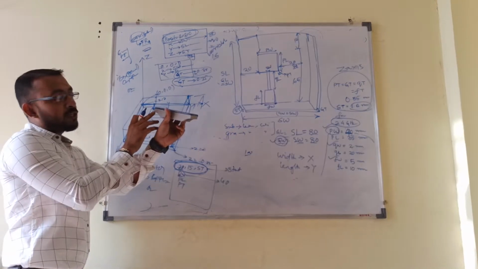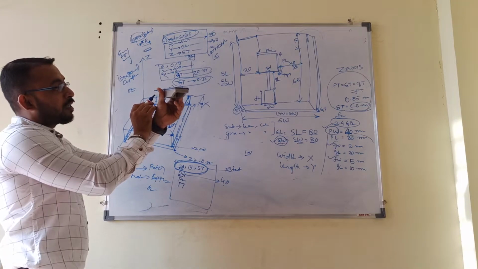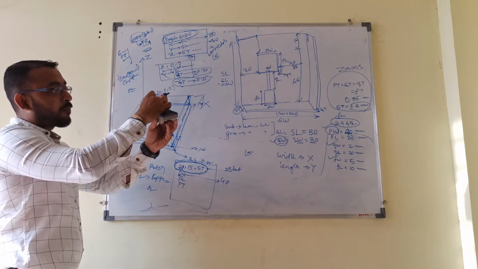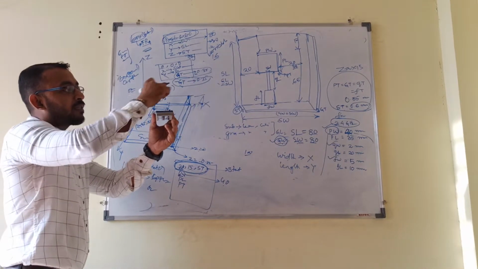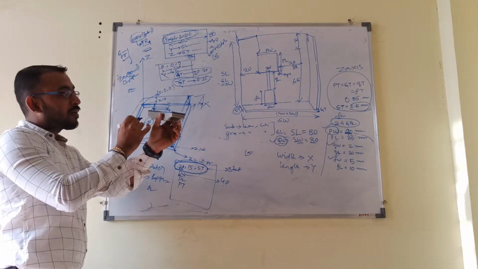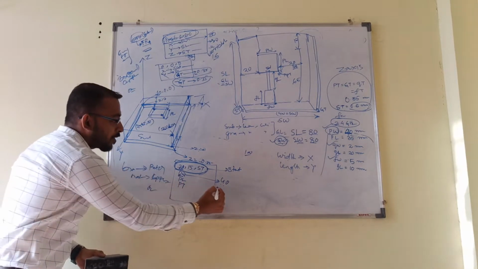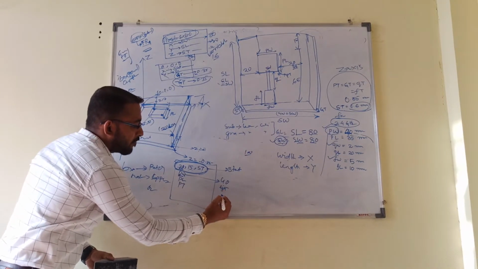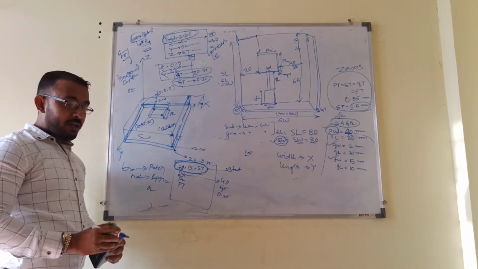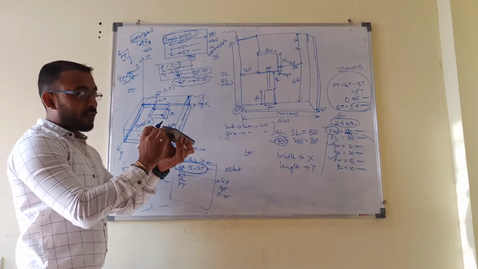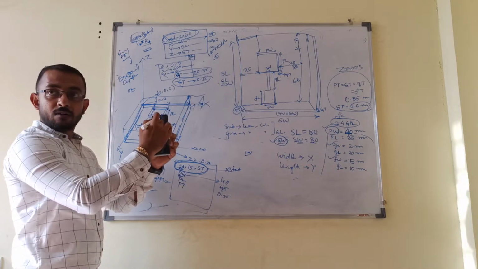This point is nothing but the origin, and this is the substrate you are looking at from this side. The substrate is already placed on the origin, and now I am putting a patch over it. This is your y axis, this is your x axis, and the above is the z axis. Can you relate the z axis? For the patch, x, y, z are all positive values, that's why this 40, this 35, and this 0.35 are all positive values. Got my point? Now this one is the substrate, and my patch will look something like this, yes or no? A rectangular box over here with a height of 0.35 mm.